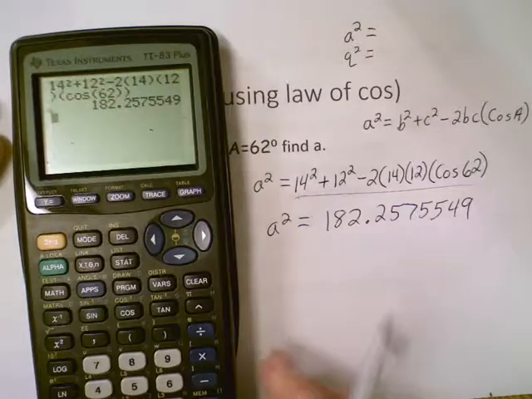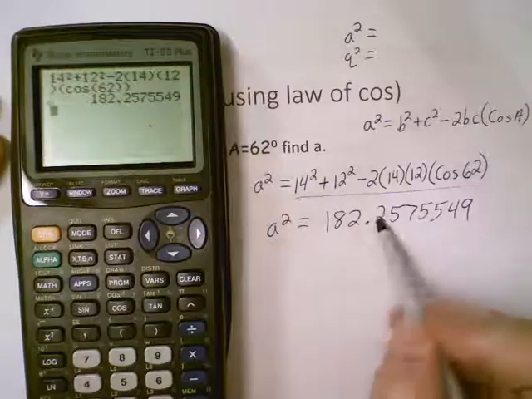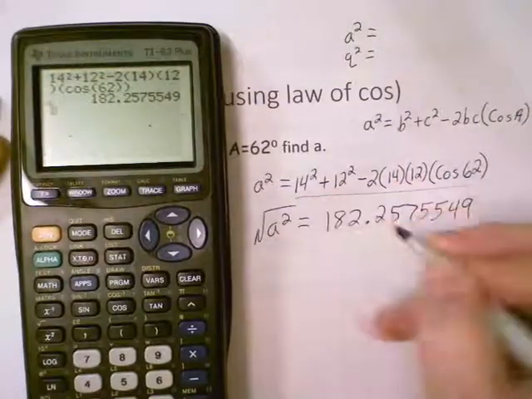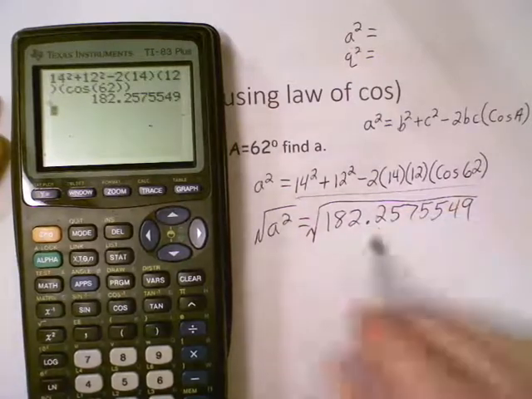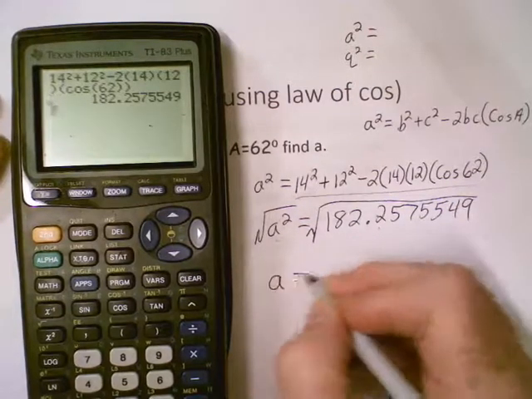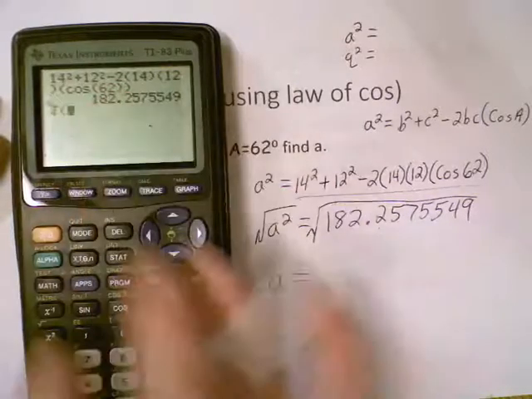The last thing you want to do when you're finding the side: this is a squared, and we don't want a squared, so we have to take the square root of both sides. Taking the square root of a squared just leaves us with a. And we're taking the square root of this number, so I'm going to hit second, square root,